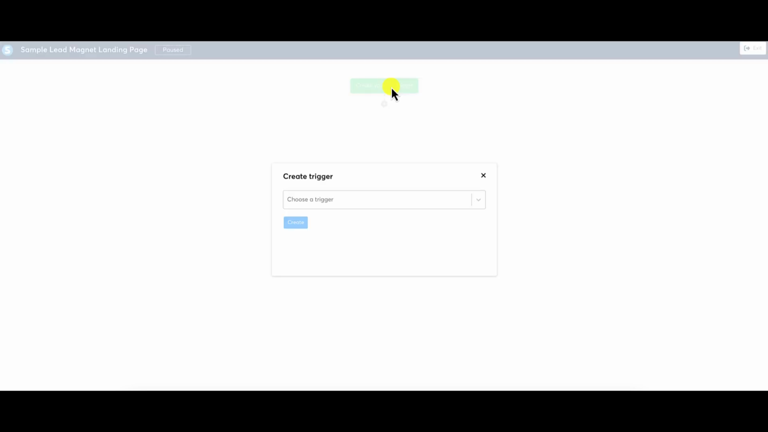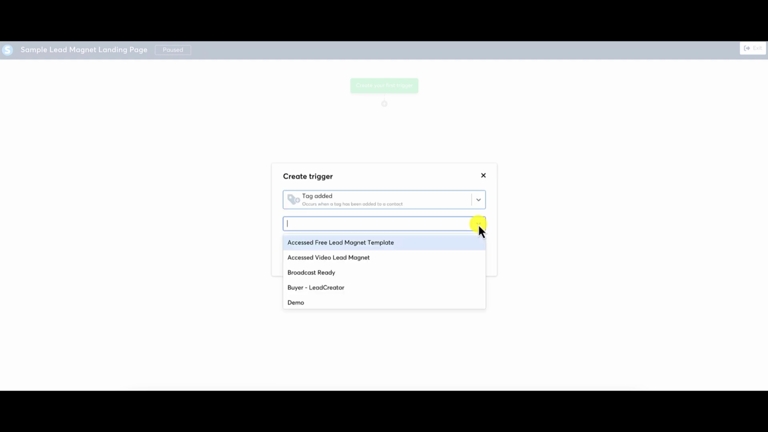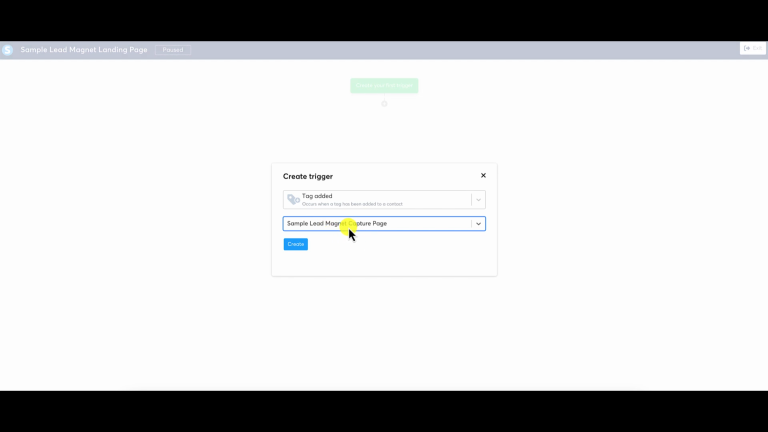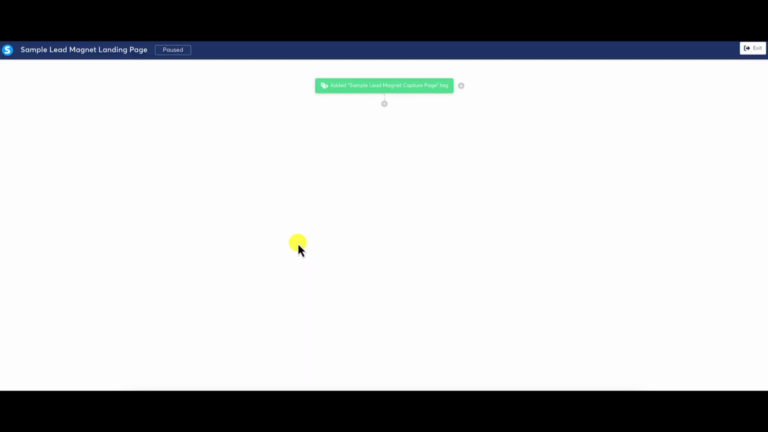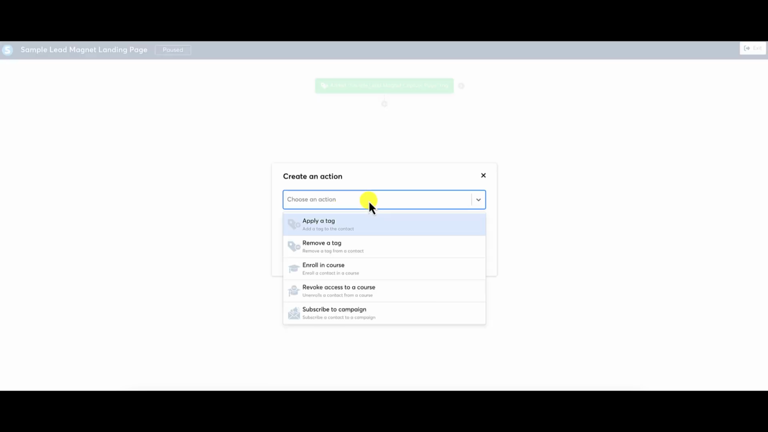Well, what we're going to do is click on it to create the first trigger. And the way that they are added to our automation or our workflow is when they are tagged. Remember, we created that tag earlier. So tag added. And we're going to go ahead and look for that sample lead magnet capture page tag that we created. So once someone is tagged with that tag, this starts the process of them receiving emails. Okay. So this one, I'm going to take an action. The next action is for them to